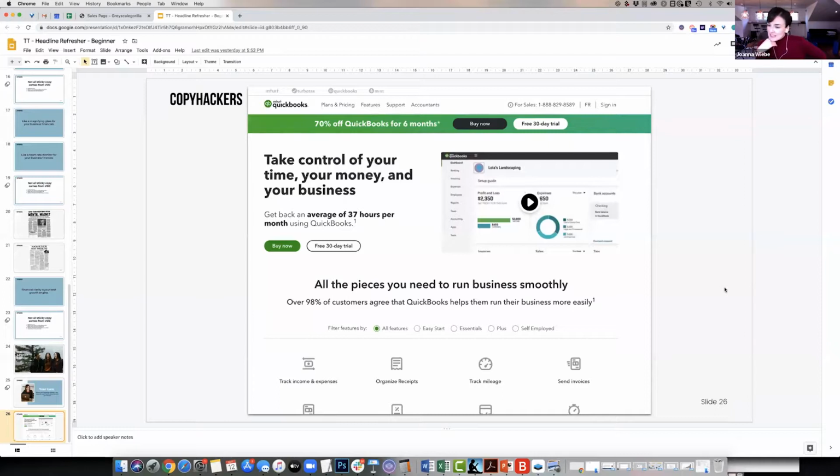"The puzzle pieces of your business come together into a beautiful picture." "Are you better than a robot to run your business?" Maybe it's a thing to run your business. "All the pieces you need today to run a smooth business." "Take charge and change your business." "Don't lose control, wrangle all your cats in one place."